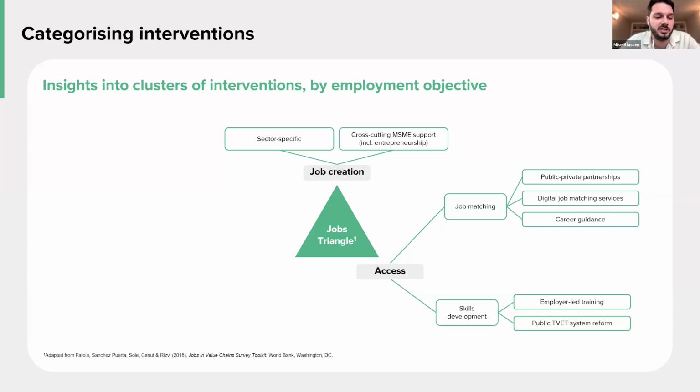Now, what did we find? As you can see on the slide here, there's a divide between two quite different models. We've labeled them employer-led training and public TVET system reform. So employer-led training is typically focused on a specific sector or a couple of sectors or industries, and you're hooking into employers' own incentives to invest their resources in upskilling, sometimes their own staff, or sometimes a kind of upskilling program. So as they hire people, they build the right skills to match them to